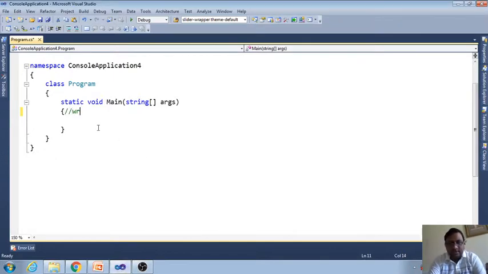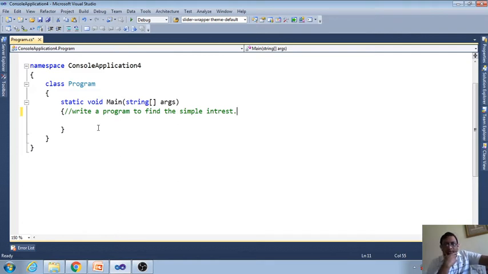Question is, write a program to find the simple interest. Now the question is, what is simple interest? We go to the bank for taking a loan. Sometimes we take a loan.